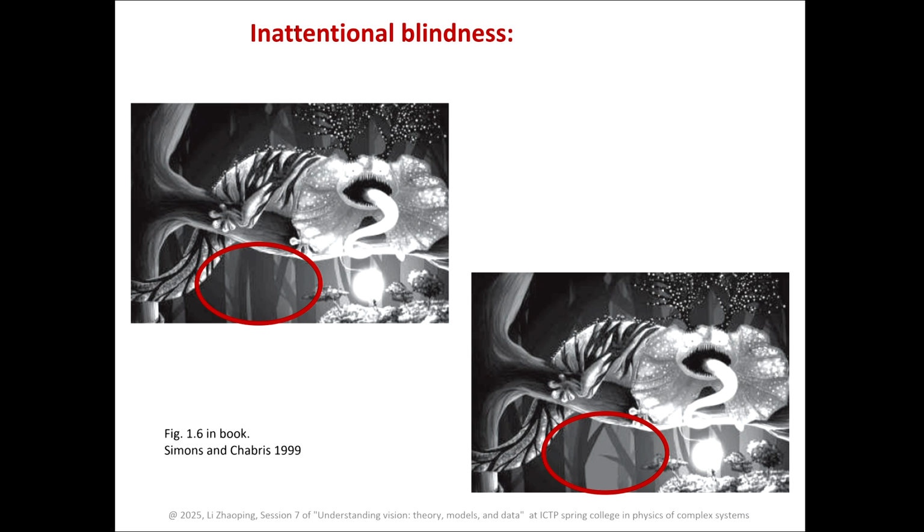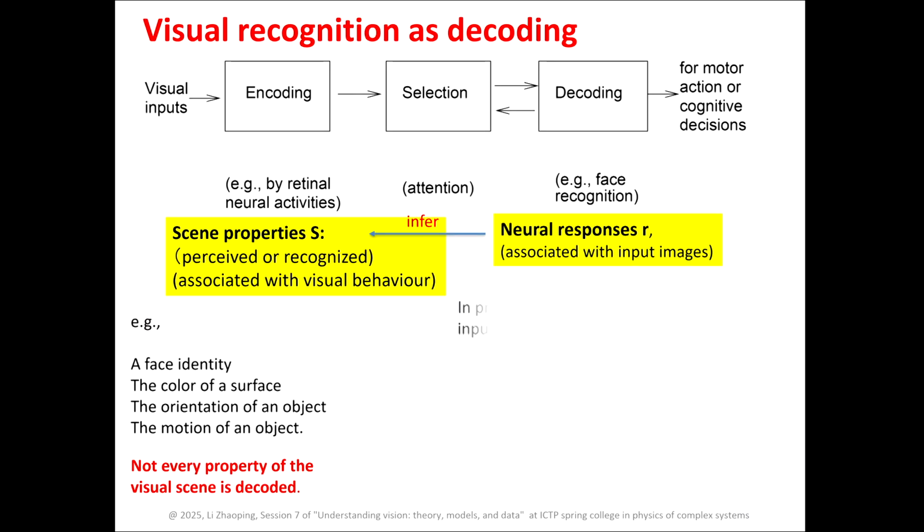Our vision is constrained by an attentional or information processing bottleneck, such that we do not see most of the visual inputs in front of us unless they are selected into our attentional bottleneck. In this framework of vision as three stages, the neural activities R used for decoding should be those representing visual inputs that are already selected by attention. Exactly what R is, we know very little,